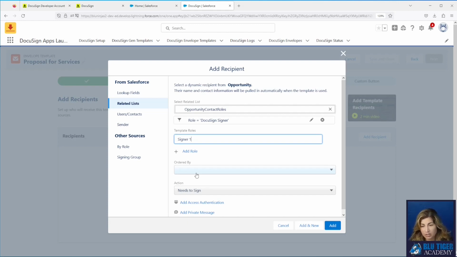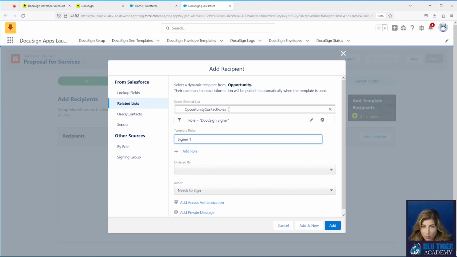The scenario that we're going to use here is that there's one signer, and we're going to pull that signer from the opportunity contact role related list. One thing to note, if you are configuring a custom object in DocuSign and you're initiating the DocuSign send from a custom object record, and then you have your contacts in a related object to that custom object, this related list will not show that custom object.